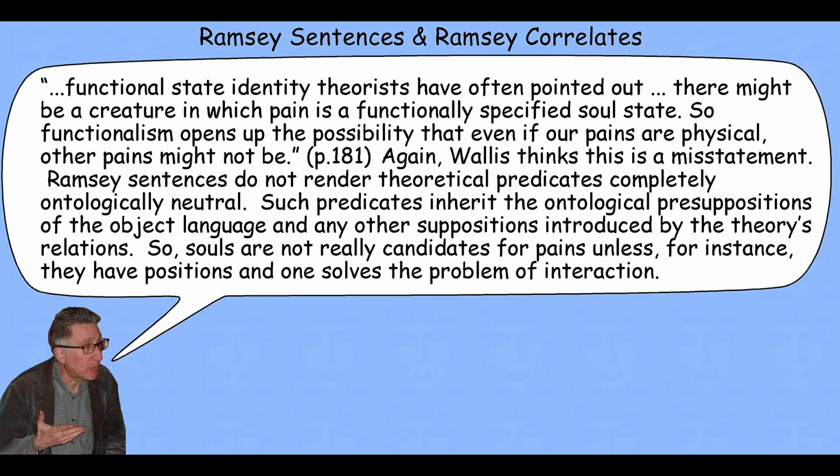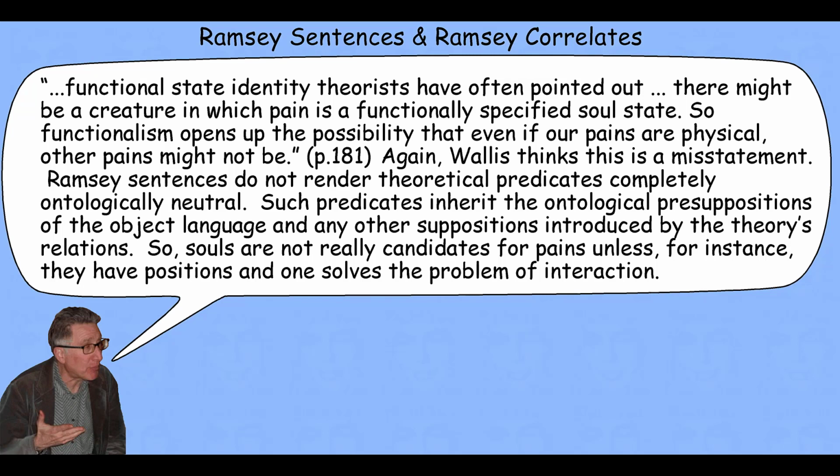And I'll make one last point in this module, namely that if we think that pain gets its multiple realizability through its meaning, and its meaning is exhausted by the relationships that are depicted within the Ramsey sentence for that pain, that is, it's caused by pinpricks and it causes loud noises and so on, if we think that exhausts the meaning of pain, then we don't actually get multiple realizability. We don't actually get type identity, either one, from the Ramsey sentence itself.